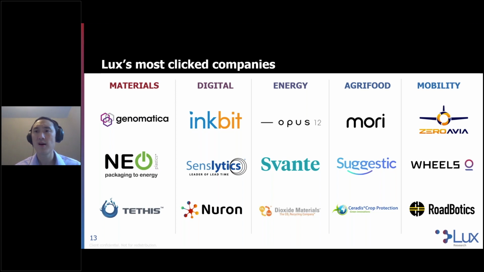And finally, mobility, where we've grown our content and focused on some more players in this space. Interest at the top here in hydrogen-powered aviation, e-bike sharing, robotics is using computer vision for road condition assessment. So really a variety of ways to think about mobility, not just the vehicles themselves, but also the infrastructure around them. So that is some of the data from the companies that provoked the most interest from our client base.